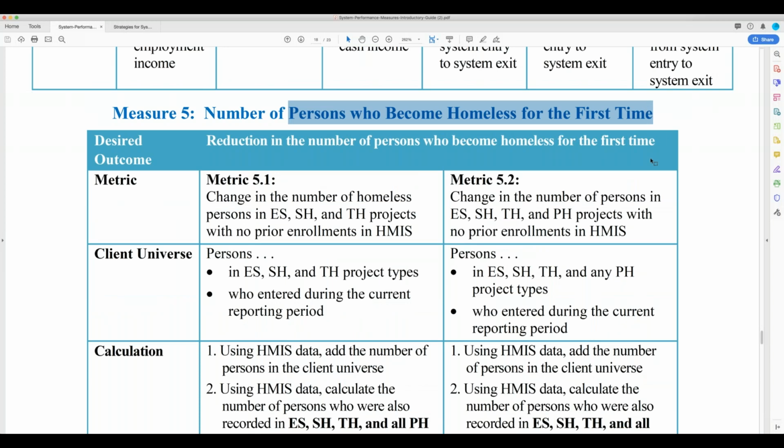And the biggest example is what we just mentioned, our victim service provider, JBWS, right? Many of the participants in their programs, I would suspect, may be experiencing homelessness for the first time, or maybe for the first time in our CoC. But those folks are not going to be included in this metric because they're not in the HMIS. So again, keep in mind that this client universe is not perfect. It's not complete in every sense. This is just measuring based on the information we have and based on these project types that are included in our HMIS.